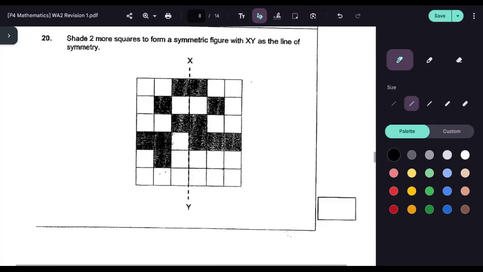Okay, next one. Shape two more squares to form a symmetric figure with XY as the line of symmetry. Okay, for this one, you have one square here, one square here. So you basically just follow the pattern. Okay, so it should be here. That's one. Another one will be